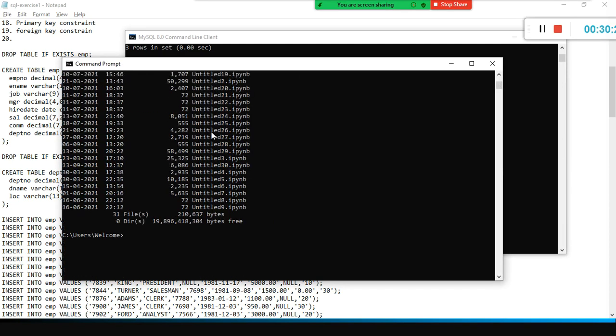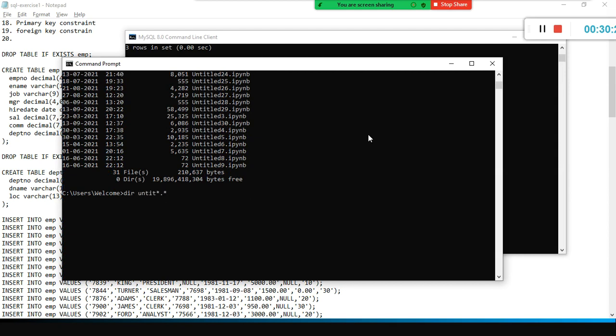It selects only untitled. So what command did I use? Untyped. I don't have to type the entire name, right? Untyped star dot. This is called wildcard. So start with untyped, whatever the files. Display all the files that start with untyped and end with anything. Okay, it can be IPYNB, it can be anything else.